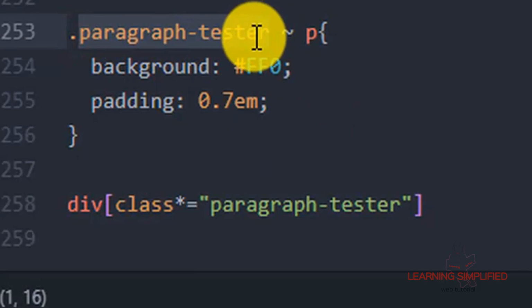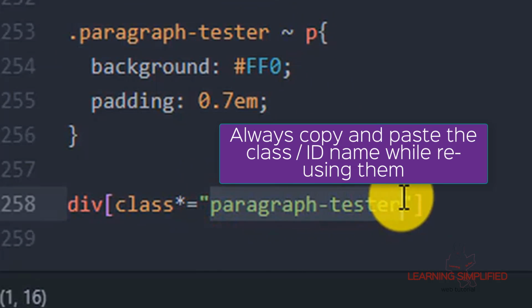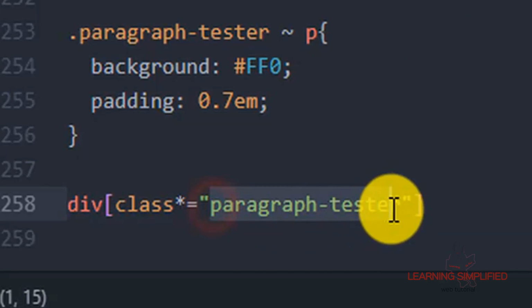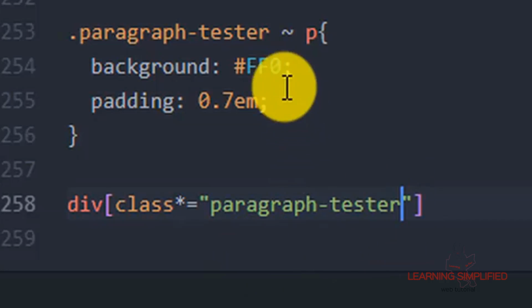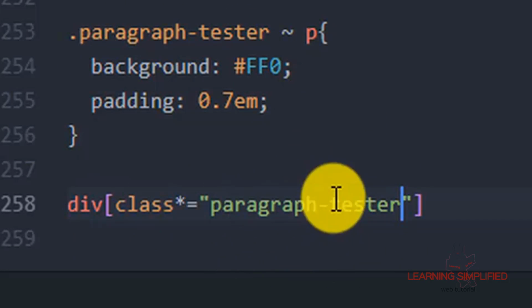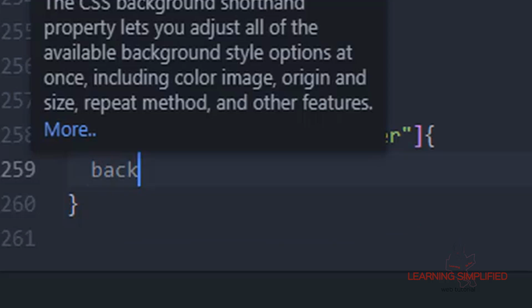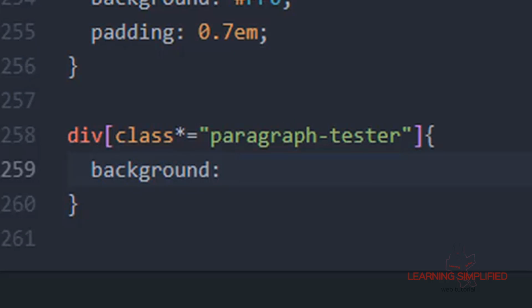There it goes. Another thing: on the web, it is always good to copy and paste. That means you are reusing your sources, but do not create anything on your own, because that may cause an error and perhaps you may not be able to locate it. So it is wise to copy and paste in every case. Now we can see this is a certain kind of syntax where we are providing another background color here. So here goes the background color. We are providing a background color of yellow.